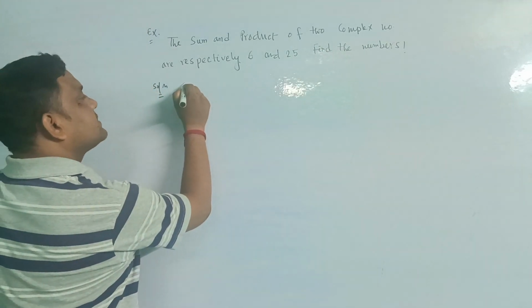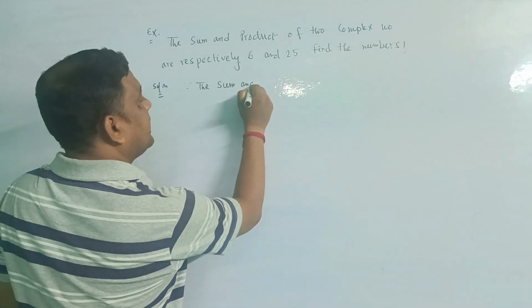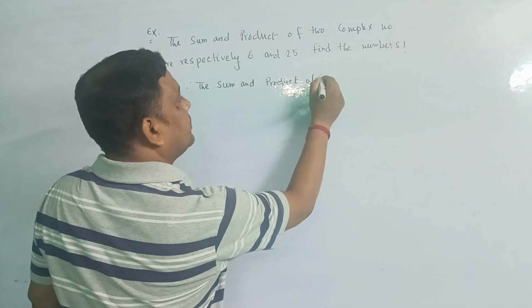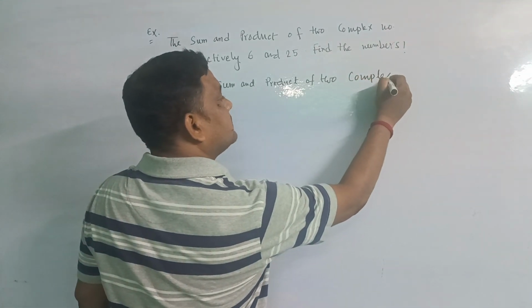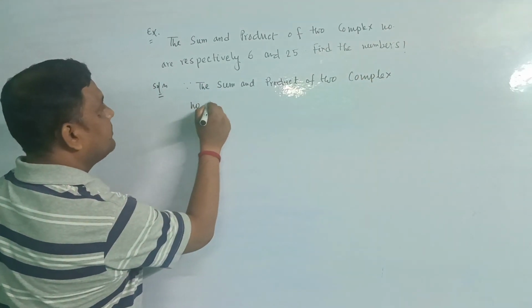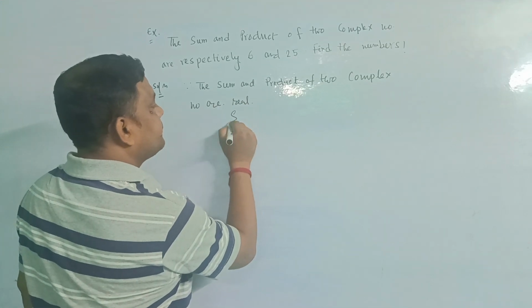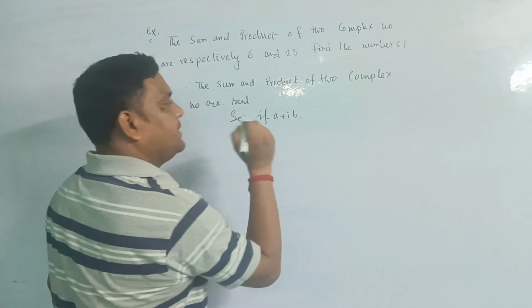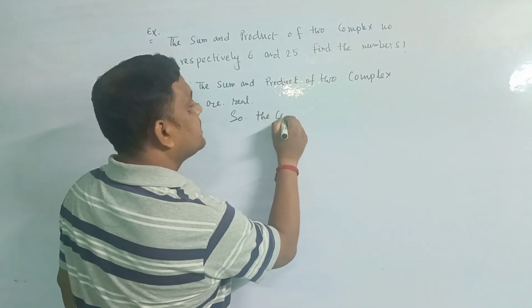So since the sum and product of two complex numbers are real,